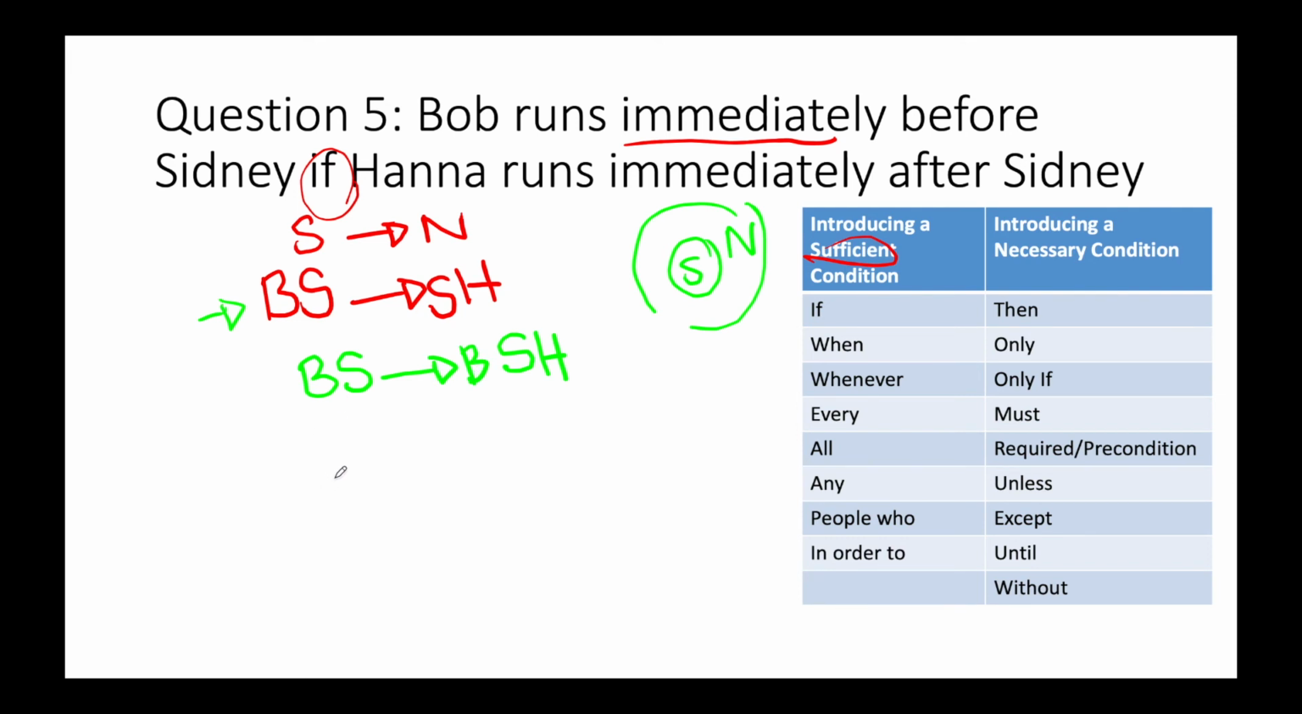But if we were to write it backward, we can't write that because we can't go from necessary to sufficient. Again, if it's here, we know it's necessary, but we don't know if it's sufficient. So we can't write it when we're going in reverse. We know that Hannah runs immediately after Sydney. So if this doesn't happen, we know that Bob does not run immediately before Sydney. So this one is really good because it gives you another